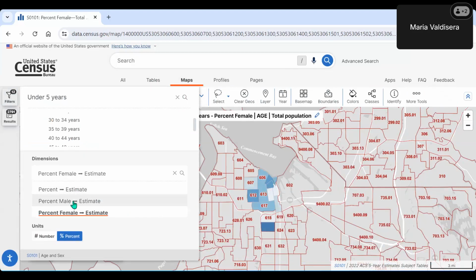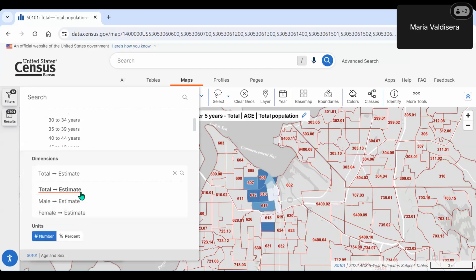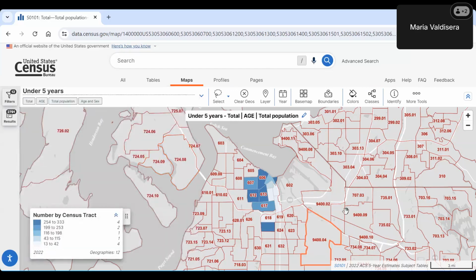Since we have the percent columns available, we have the percent total and then male and female. And if we use the units button and select number, it'll now show the total estimates and then the male and female estimates. So these are going to be representative of the columns, and these will be representative of the rows. Is that kind of what that question was getting at? Yes, great. I think that answers it.